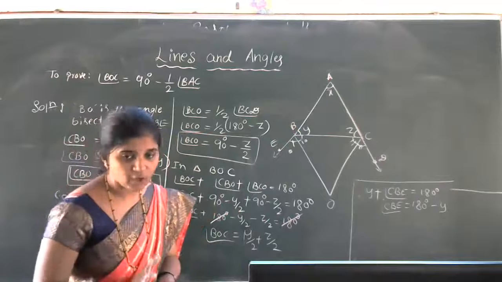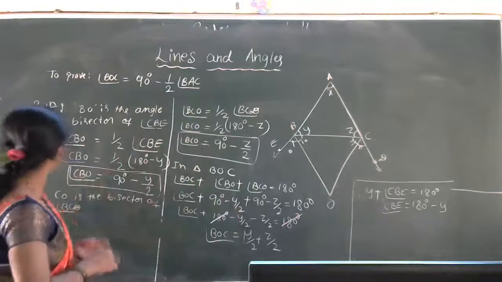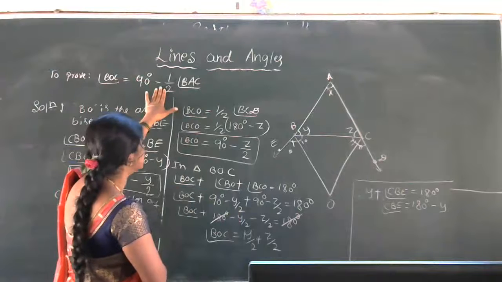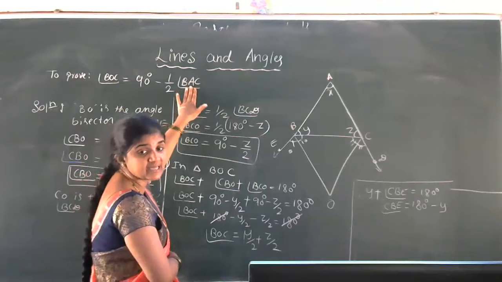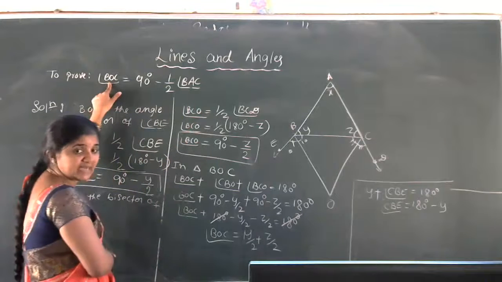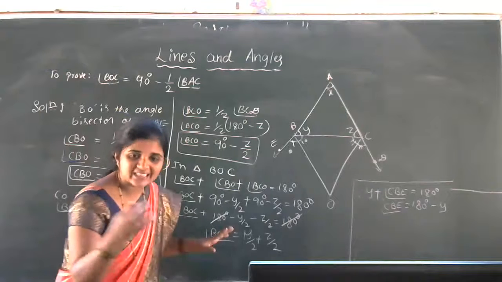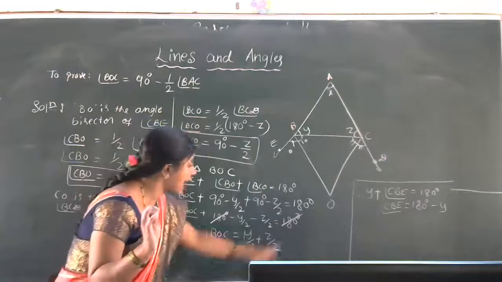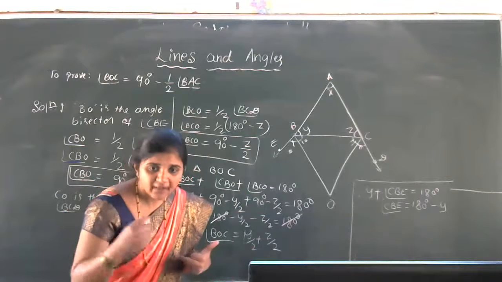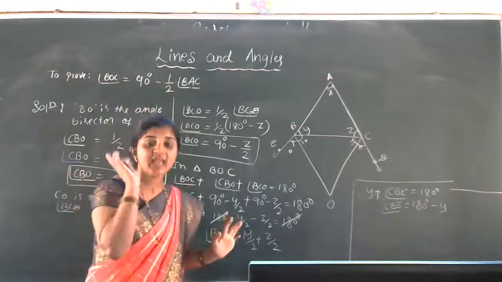Up to this we got. Actually here we are not going to find any angle. We are going to prove this condition: BOC is 90 degrees minus half of angle BAC. We need this result. Somewhat we got actually. In the LHS part angle BOC is there. Here also angle BOC only we got. LHS part is ready. Only the RHS part is pending. What we have to do with the RHS part to get 90 degrees minus half of BAC, that we have to think.